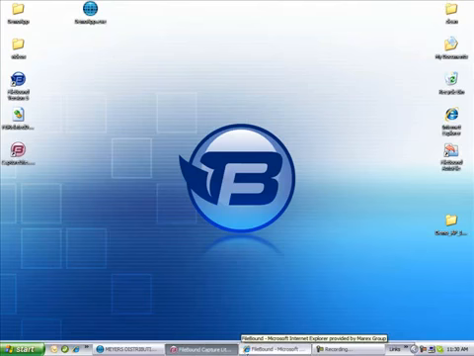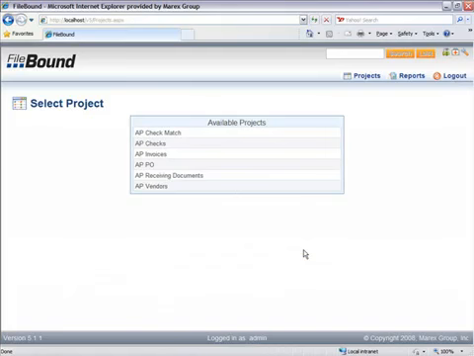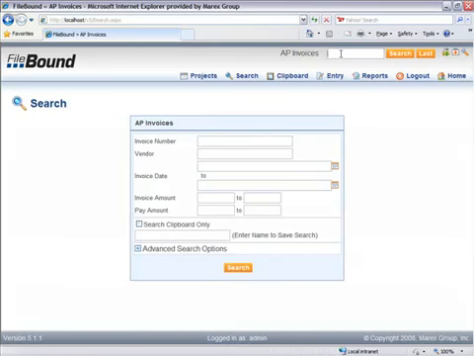First, let me log into the system. You will notice that within Filebound AP we have configured several projects or filing cabinets where we store the various AP-related documents. I will select the AP Invoices project, which is the center point of the Filebound AP solution. From here I can search for AP invoices. I'm going to select invoice number